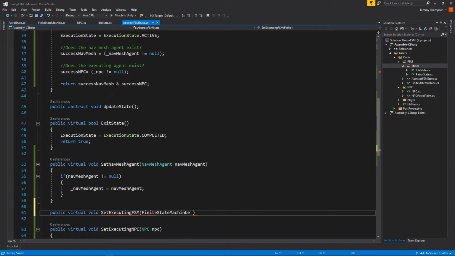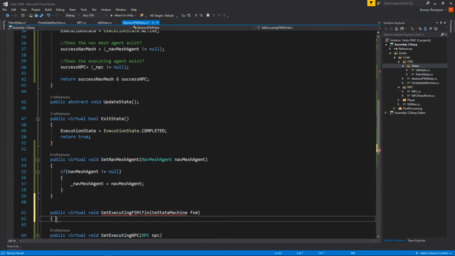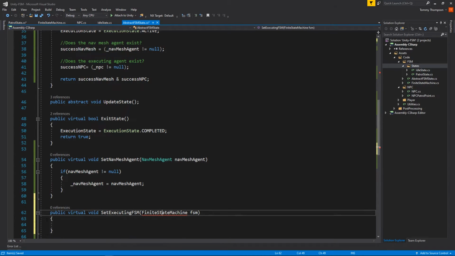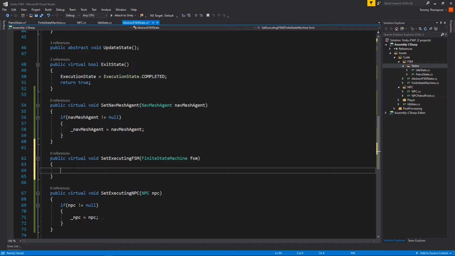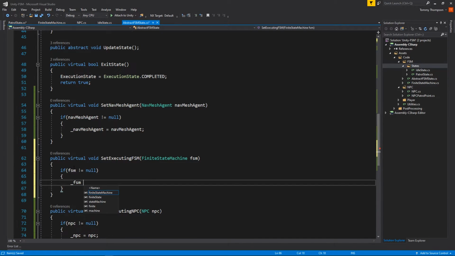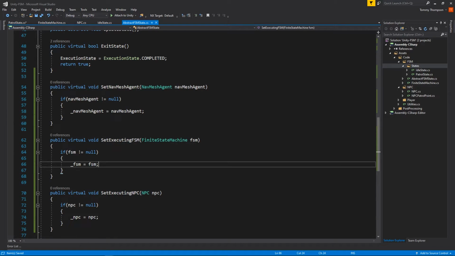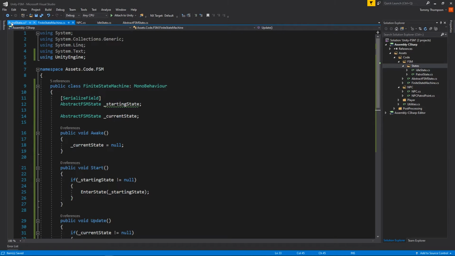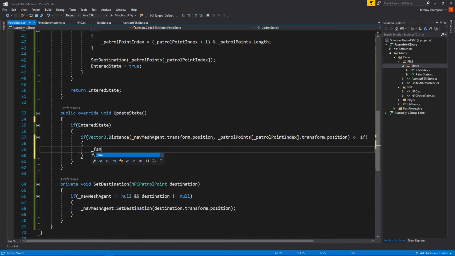Finite state machine, FSM. Make sure that imports the correct using for it. There we go. And then say if FSM does not equal null, FSM equals FSM. So there's two things I need to do here. Actually, there's three things I need to do here. I need to make sure that the finite state machine sets the navmesh agent, the executing FSM, and the executing NPC on a state, but also I then need to go back into patrol state and then tell it, okay,